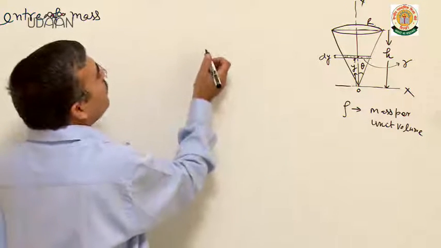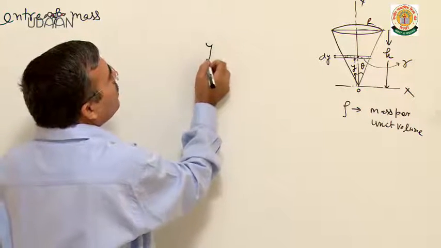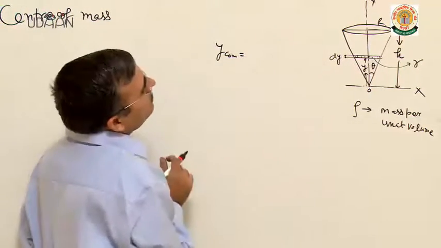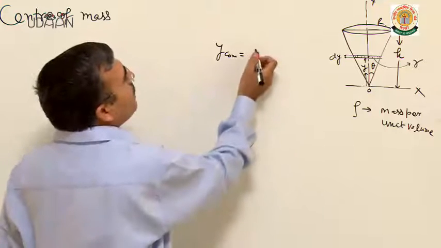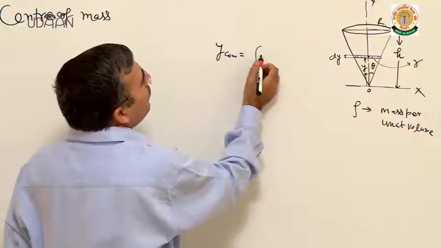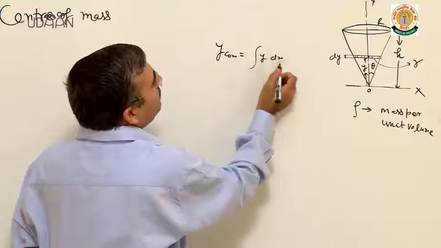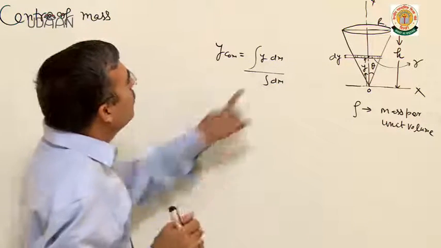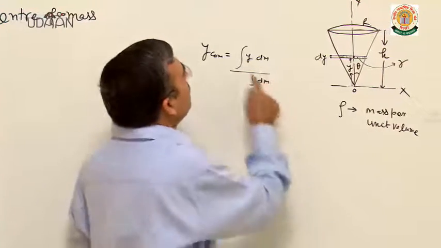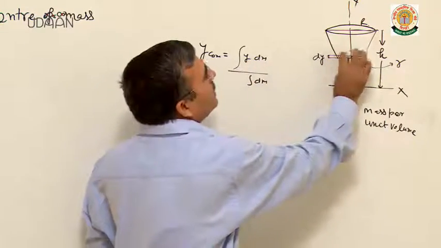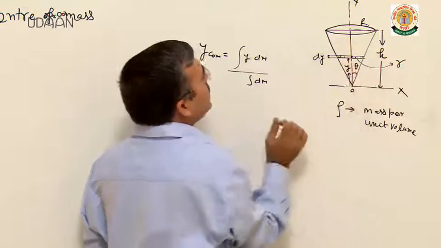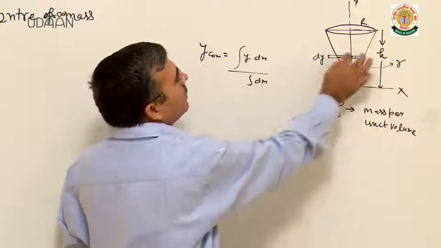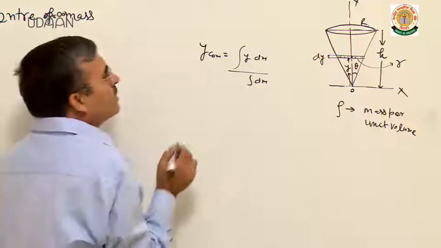Now, the y coordinate of the center of mass of the whole body will be equal to integration y dm divided by integration dm. Y is the coordinate of the center of mass of the element. The element is a very small elementary disc. Its center of mass is y. Now dm, the mass of this element,